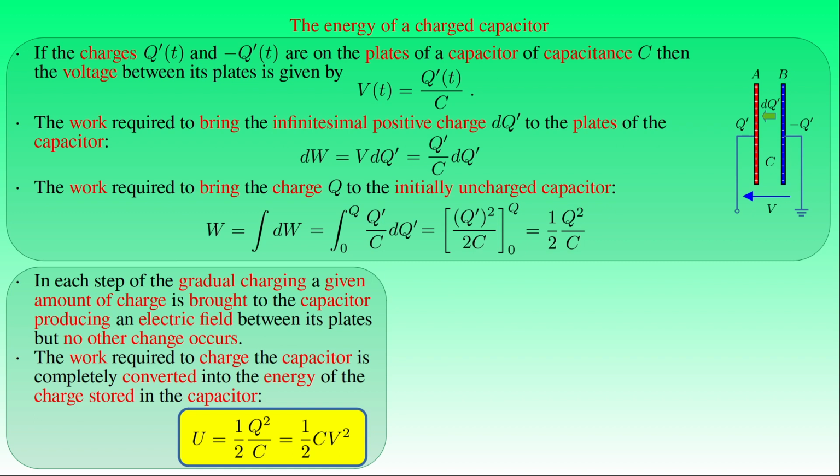This result holds for any capacitor independently of its structure. It is also valid for a single conductor provided the voltage V is equal to the electric potential of the conductor with respect to a point at infinity. The inverse process of the gradual charging of a capacitor is its gradual discharging, where the capacitor can do work